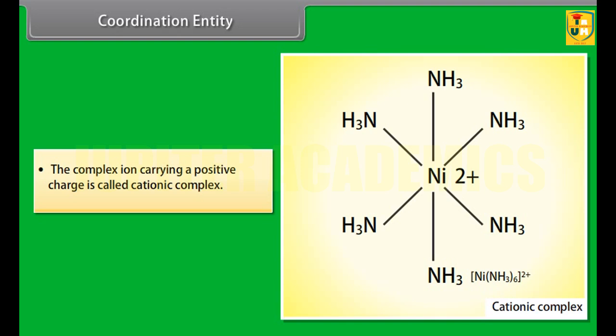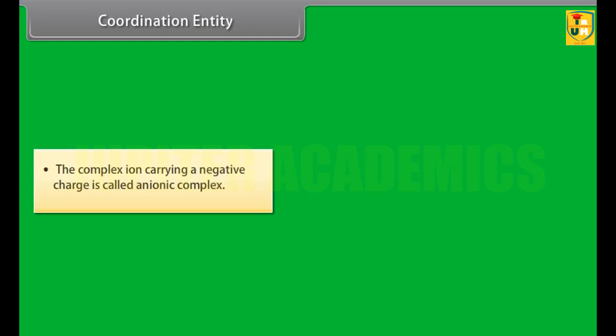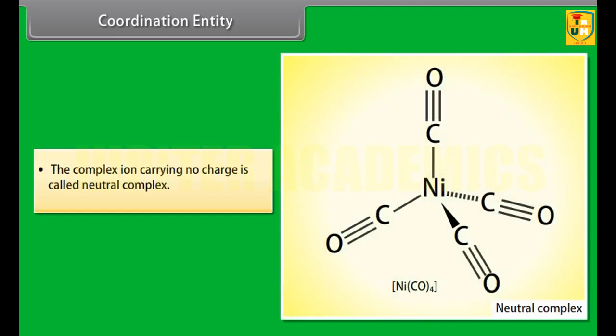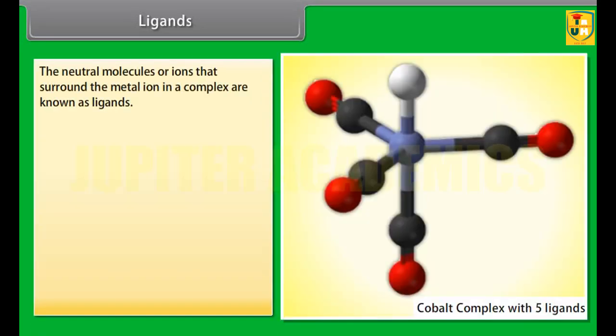[Ni(NH3)6]2+. The complex ion carrying a negative charge is called anionic complex. For example, [PtCl6]2-. The complex ion carrying no charge is called neutral complex. For example, [Ni(CO)4]. Ligands. The neutral molecules or ions that surround the metal ion in a complex are known as